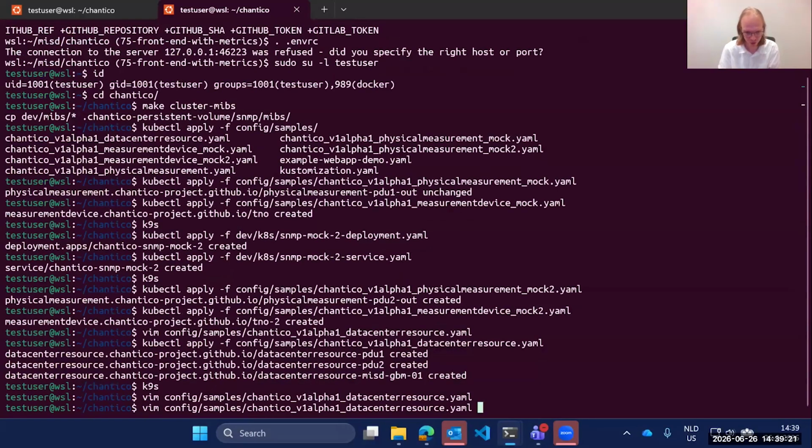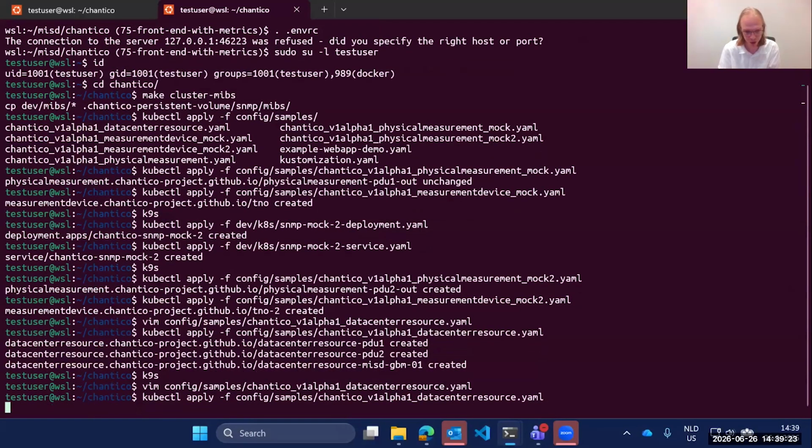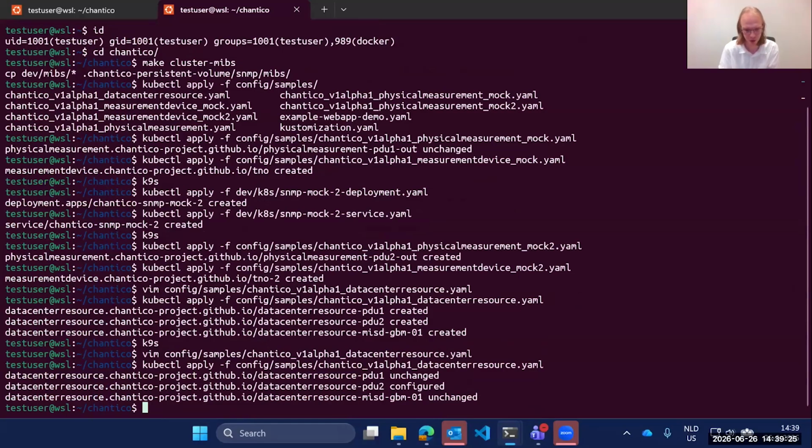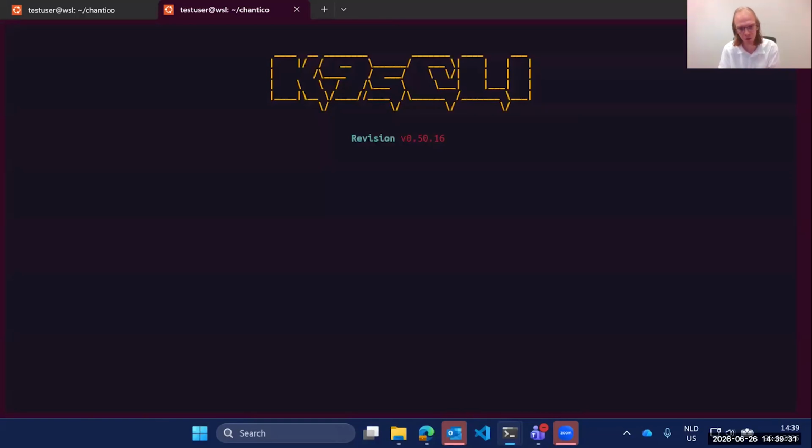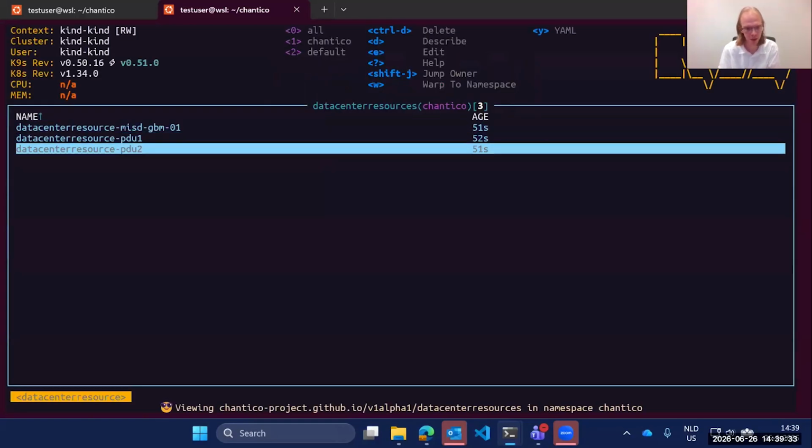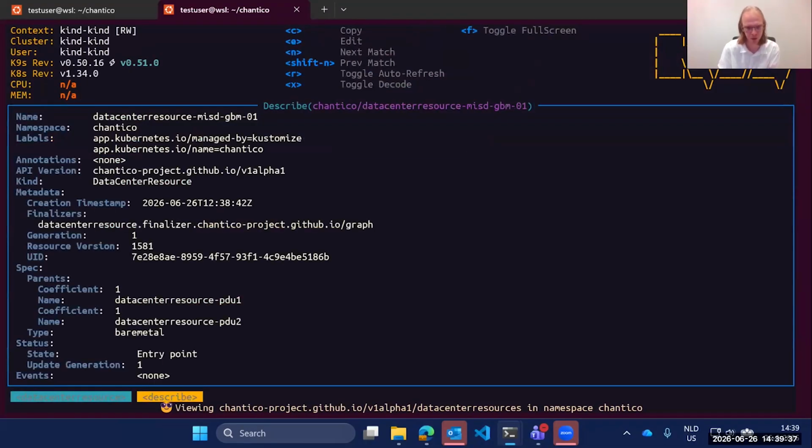So we fix this and we apply the file again. It detects that some of them have been reconfigured, and some of them have not been changed. But when we then check if any issues are still there, this has been fixed. And we also find that the other resource is now also fully configured.